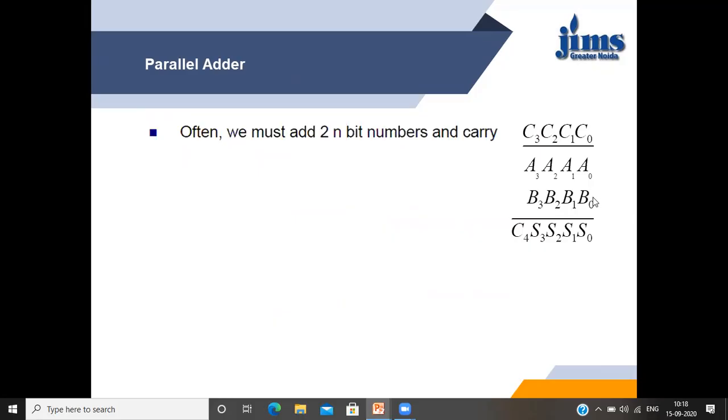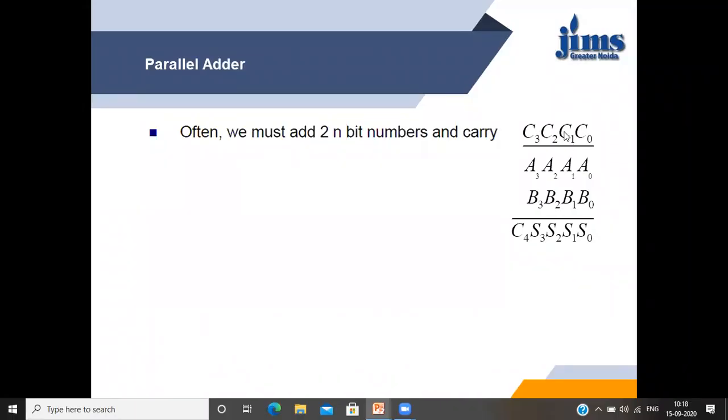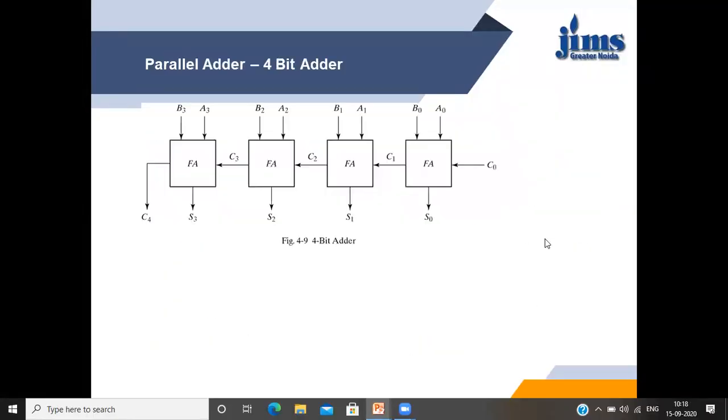When M is 0, it will add A0, B0 and C0, which will provide some S0, and the carry will be forwarded. Then this carry is added to A1, B1, which produces some S1, and the carry is forwarded. This carry is added to A2, B2, S2 is generated and the carry is forwarded. In the same manner, we see here